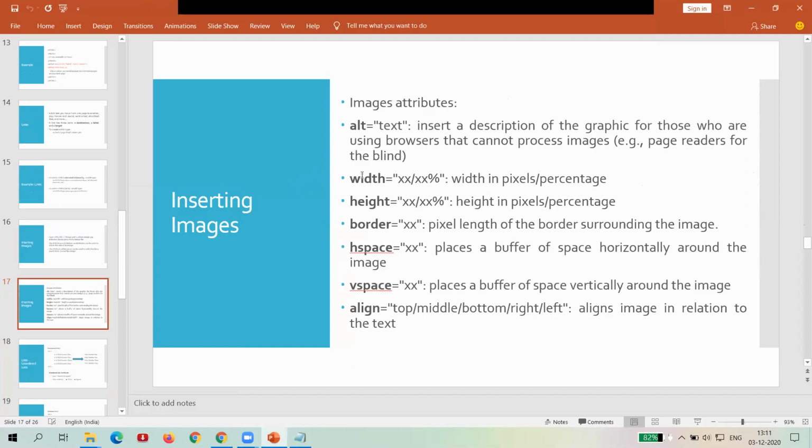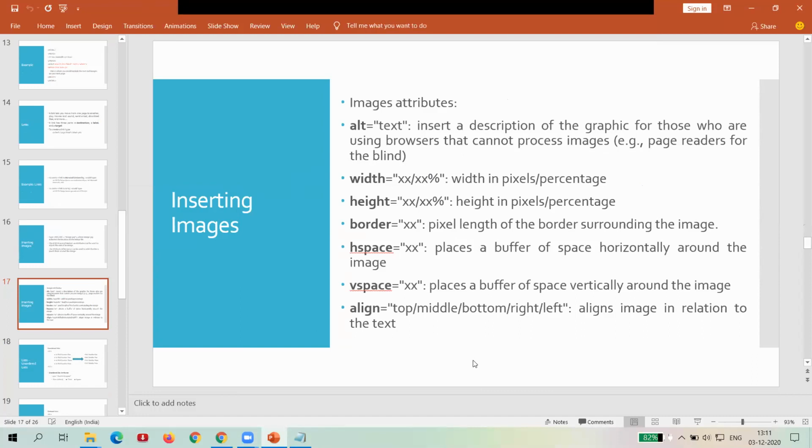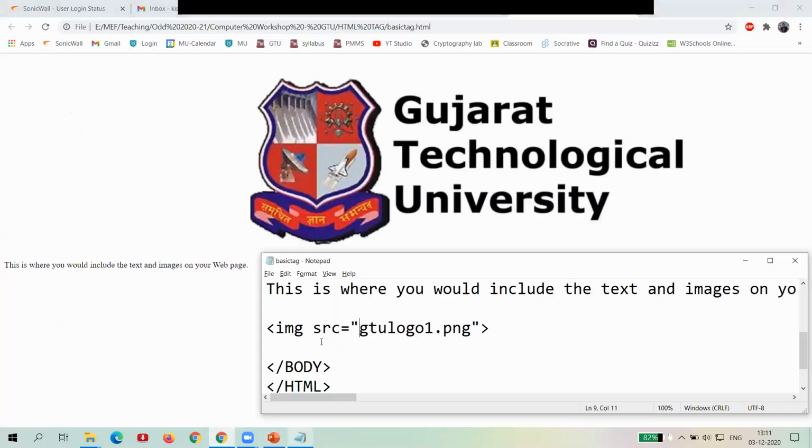Here you can see input for the width. We have two possibilities. The one is that you directly take it as a pixel, and the second input where you can represent it as a percentage also. The same way in height, again you take an input as a pixel, or you go for the percentage also. So we have two attributes, width and height, where we have to represent the input either in pixel or in percentage. So let's go for that example. Okay, how we resize the image.